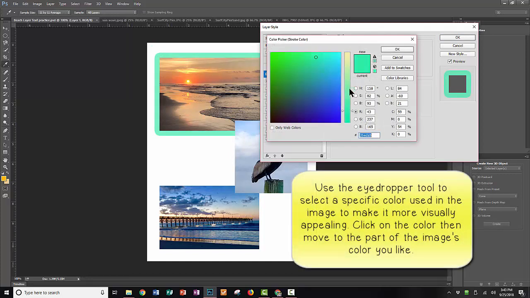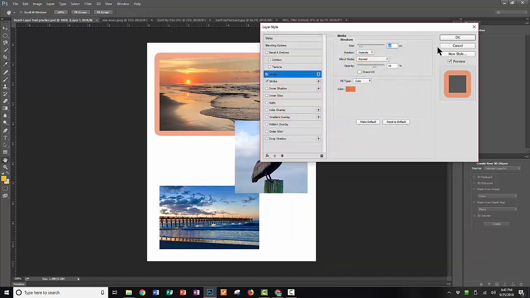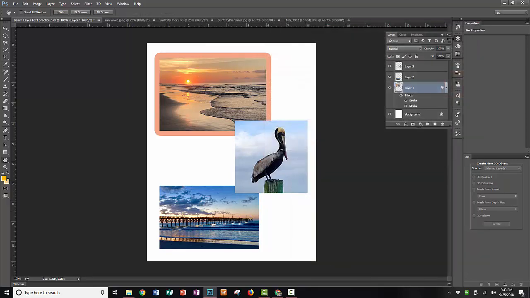In this example, I can double click color, but maybe I want to use the eyedropper over here and maybe make the border a very nice peach that would go right along with it, and I can click OK. I'm going to click layer 2, double click it,